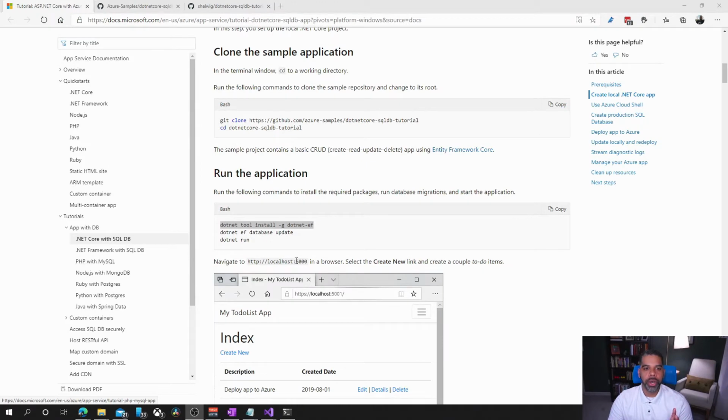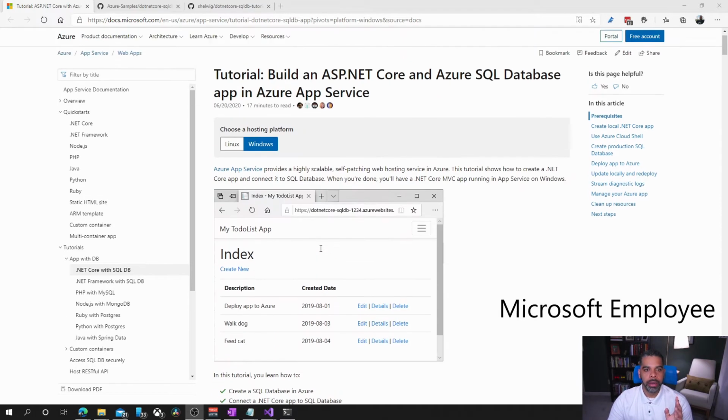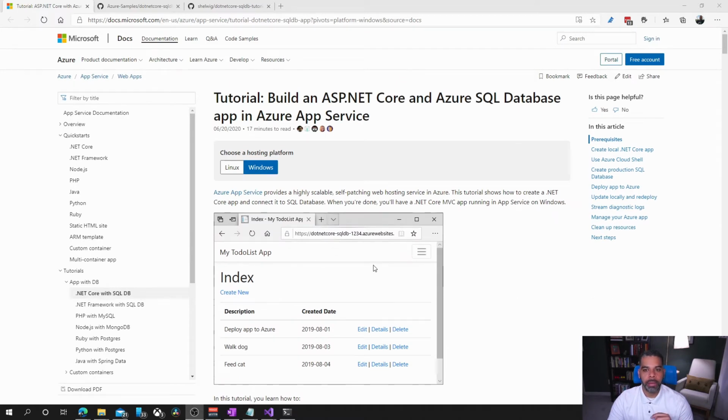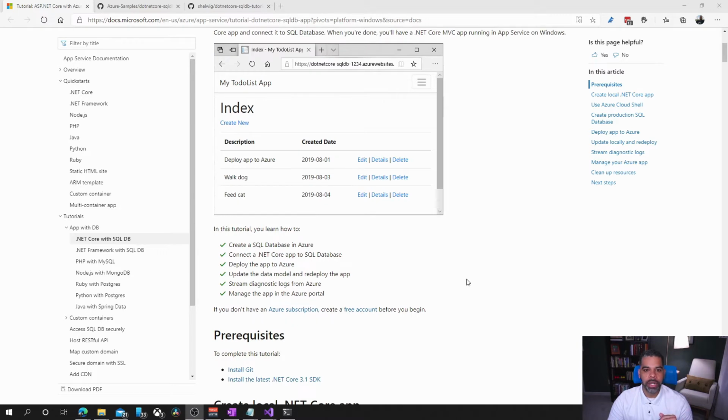Before we dive into the code, I wanted to show you where I got it from and what I was following along with for my sample application. I didn't feel like building an application myself. We have some great samples out there. This is a to-do app that's been around for a long time. And there is a tutorial on docs.microsoft.com that has just a simple .NET Core application with